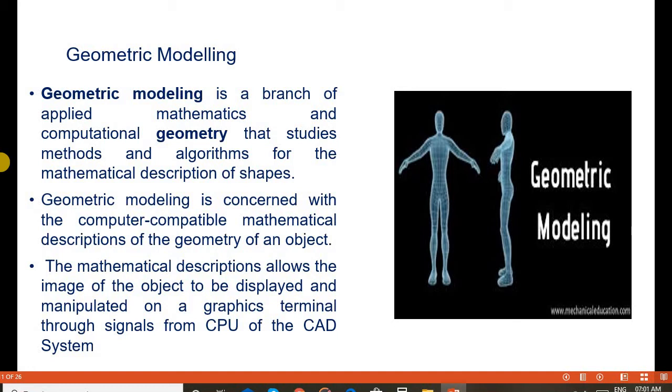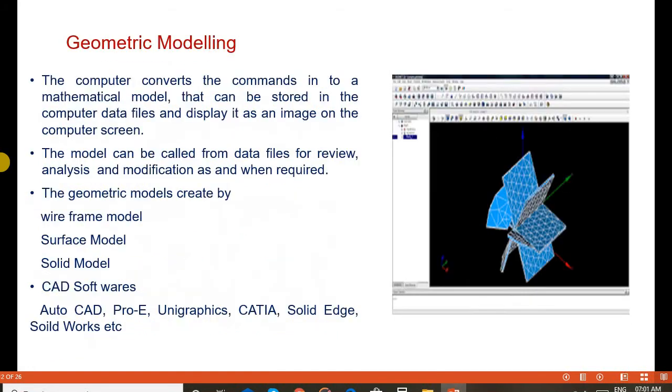So, the basic concept of geometric modeling is that the mathematical description is converted into a graphical image. In geometric modeling, the computer converts the commands into a mathematical model.